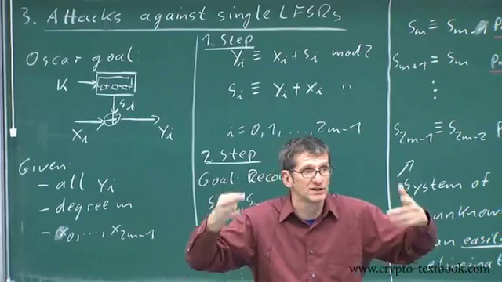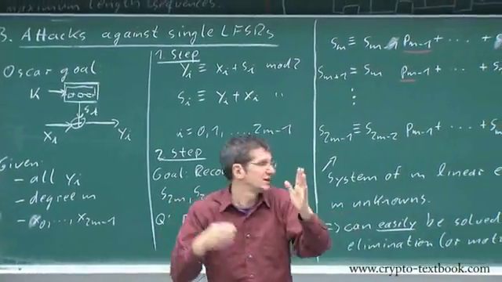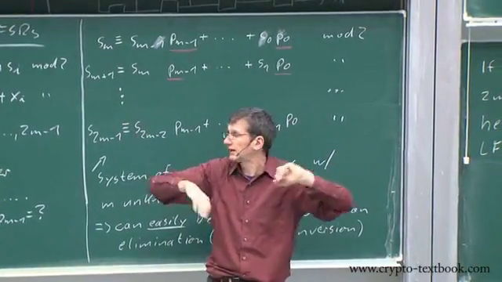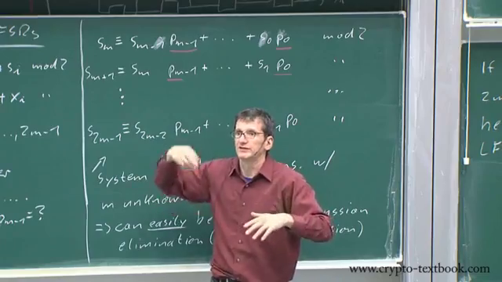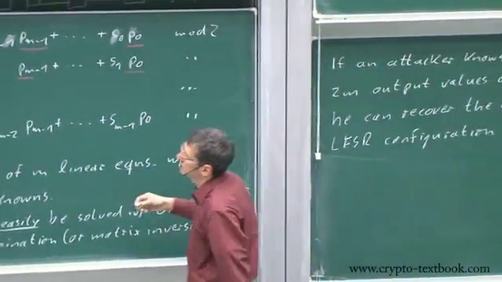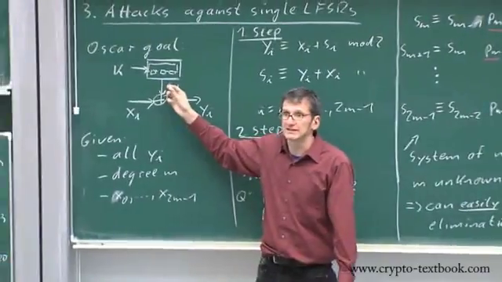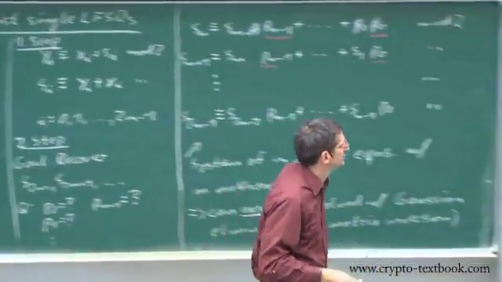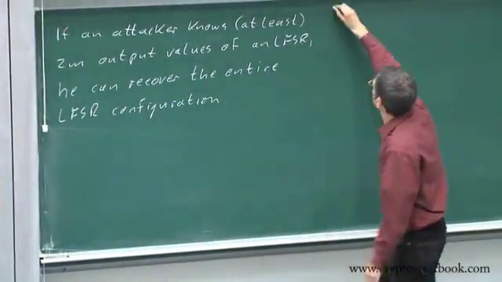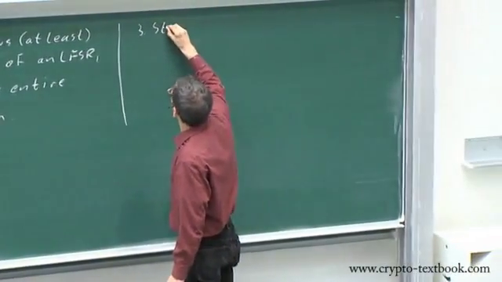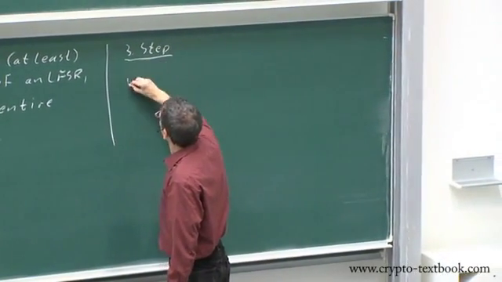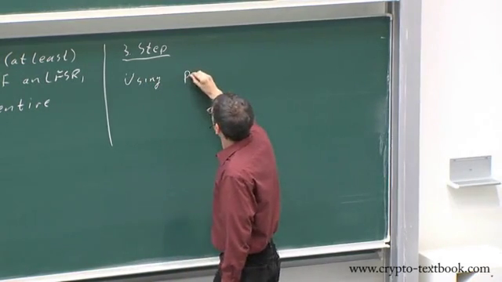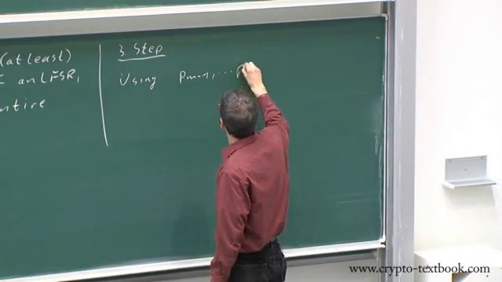That means he can sit down and build the LFSR himself, right? He knows his P_i, which tells you switch closed, switch open. So he can build the LFSR, and he has the initial value. So from now on, the third step would be to generate all S_i, right? He generates all S_i, and then he can XOR them with the ciphertext. Maybe I should do that here. Third step, using P_{m-1} up to P_0,